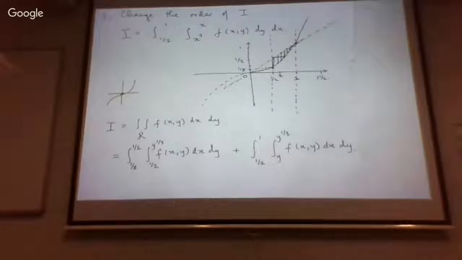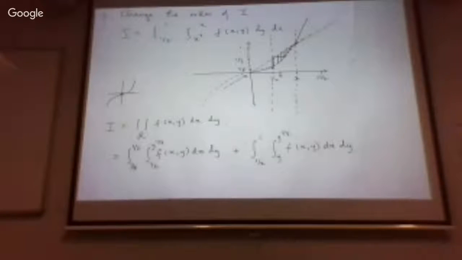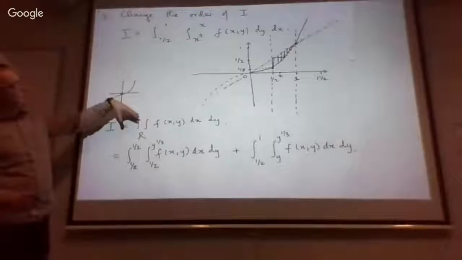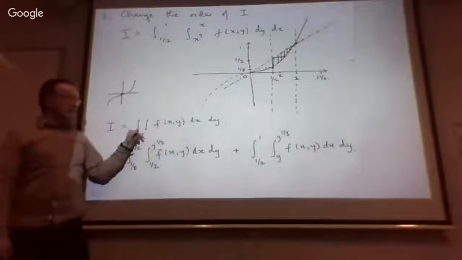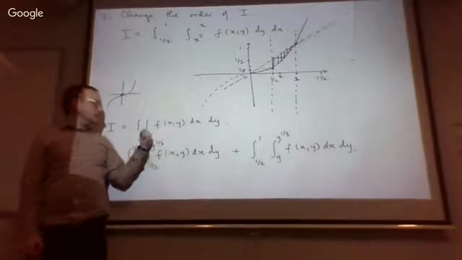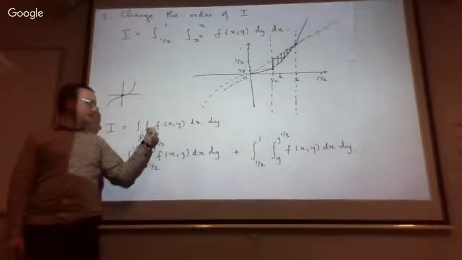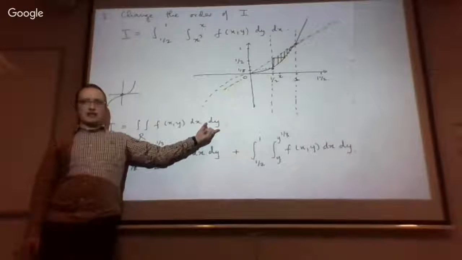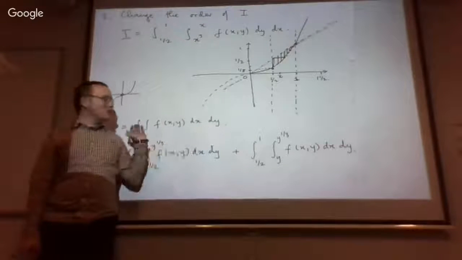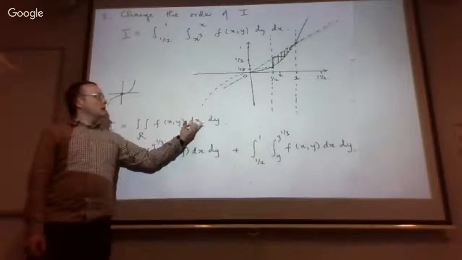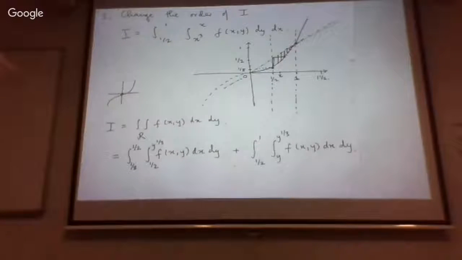Yeah. Sorry? Well, so the reason is, when we write it as an integral like this, a double integral with x as the variable for the inner integral and y as the variable for the outer one, when we write it like this, the picture we're thinking of